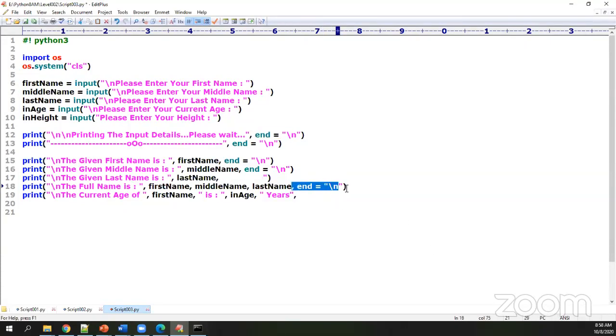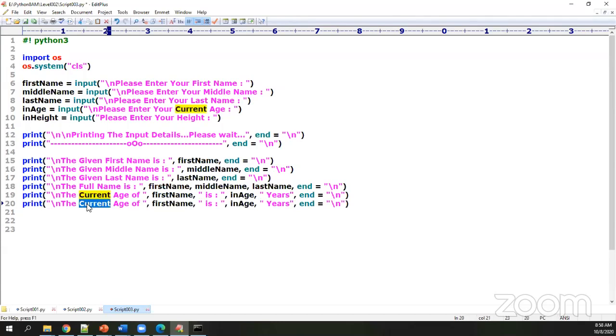And just to get an additional new line, I want to get one additional new line, so I'm going with this. Then after that I'm saying the height of, in height, I would say centimeters.